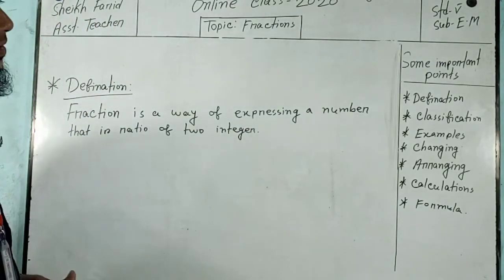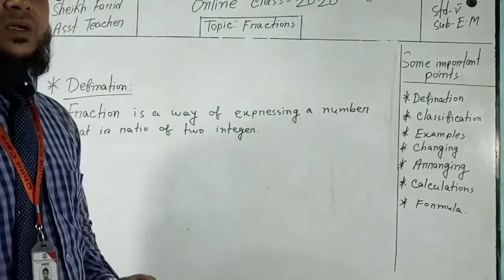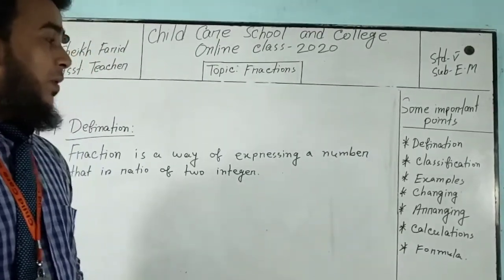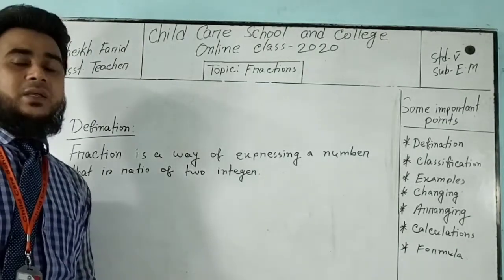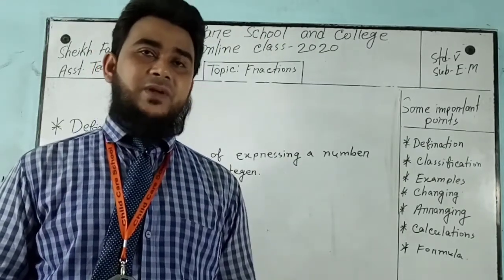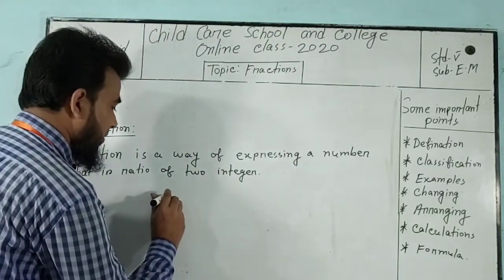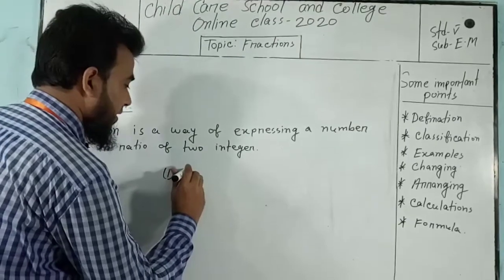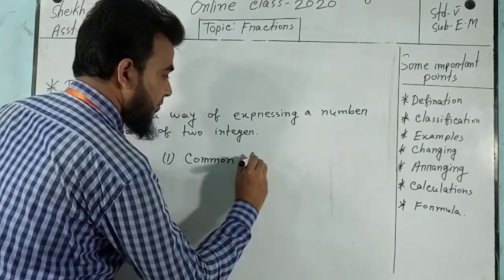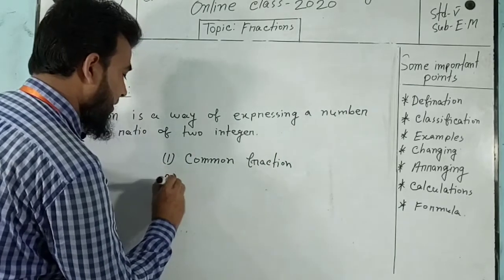Okay, dear learners, I think you have already revised your textbook, and this type of discussion is available in your textbook. Everyone look, we know that mainly fractions are two types. One is common fraction and the other is decimal fraction. You know that. Step by step we'll do. If we say mainly fractions are two types, the first one is common fraction, and the second one is decimal fraction.